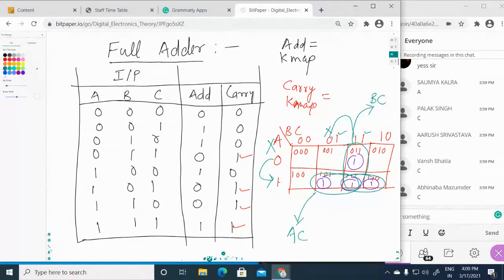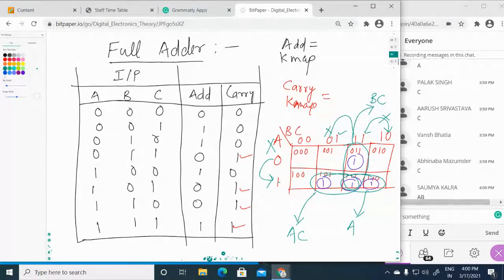Now this is the third loop. You have to solve this third loop. You can see here that this 1 is not changing, so we will consider the 1. So what is the value for this 1 here? A. Now you can see this 1 and 1 are the same, but this 1 changes to 0, so we will not consider this. We will use this one value. So what is the value for this one? Quickly, what is the value for this one?